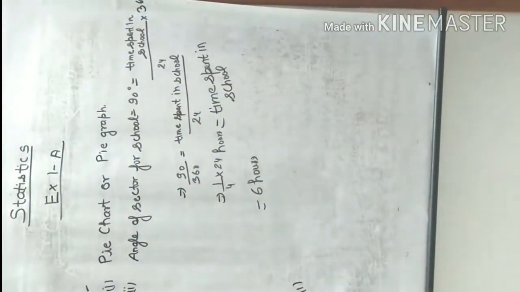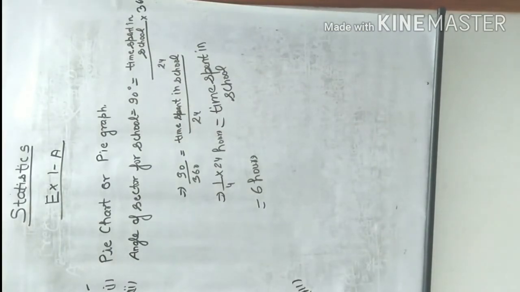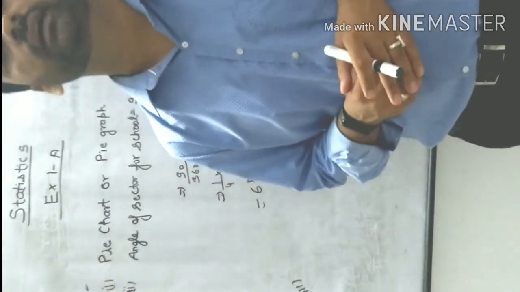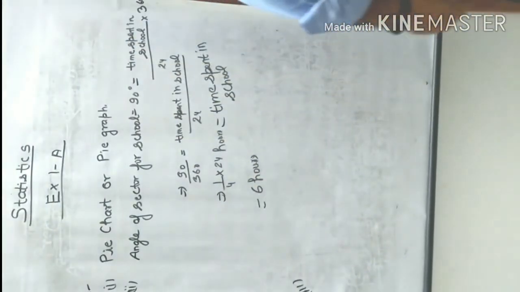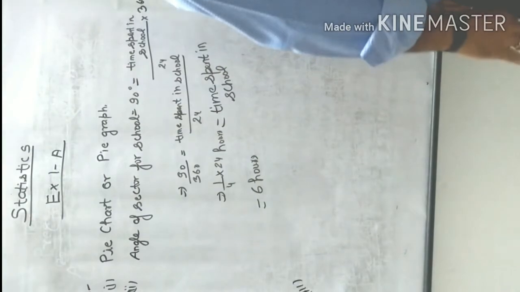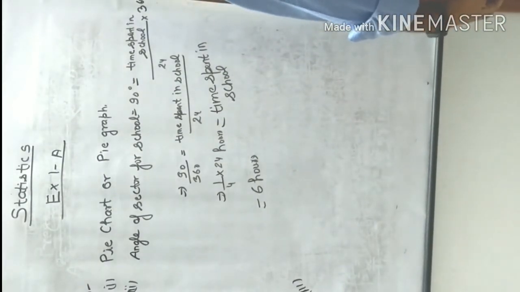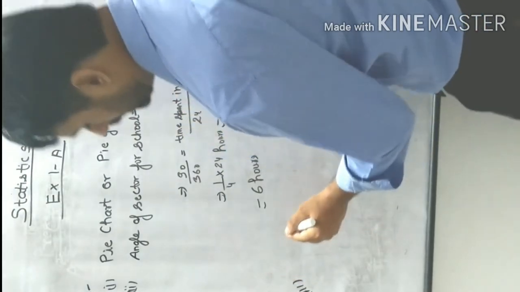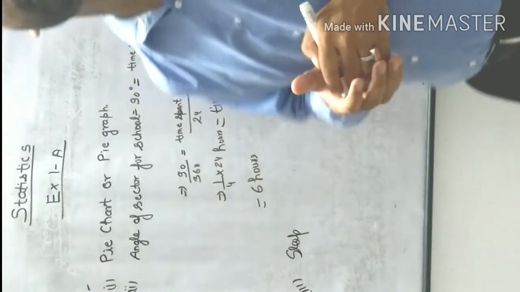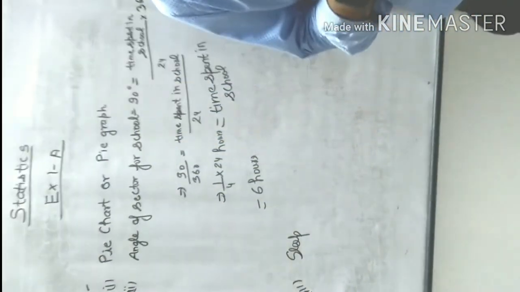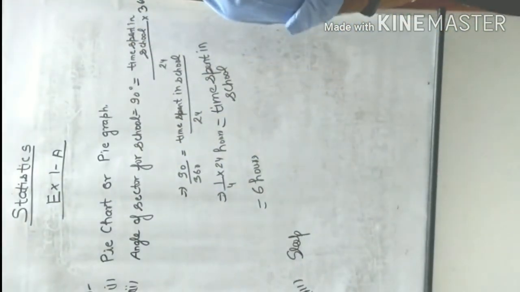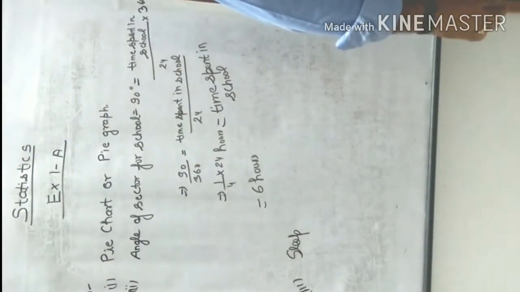Then, what is the third part? The third part is, the student spends the maximum number of hours in a day on. Now see here, where is the maximum spending of time? For that you find the maximum angle. And the maximum angle is what? 120 degrees. They are only saying the maximum number of hours. So where is he spending those maximum hours? Sleep. Because there is 120 degree of sectorial angle for sleep. That means the maximum time that the student is spending is on sleep only. Now some more parts are there. Make a table to show the data displayed. That means